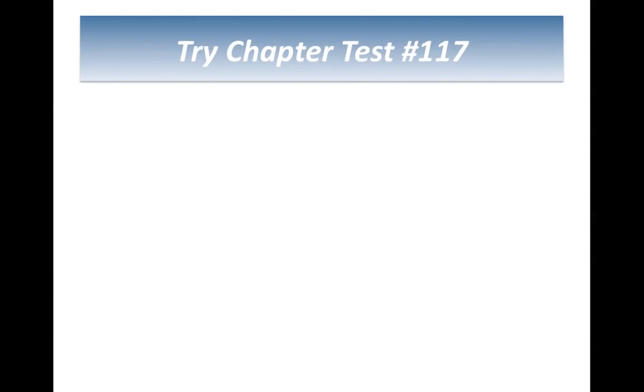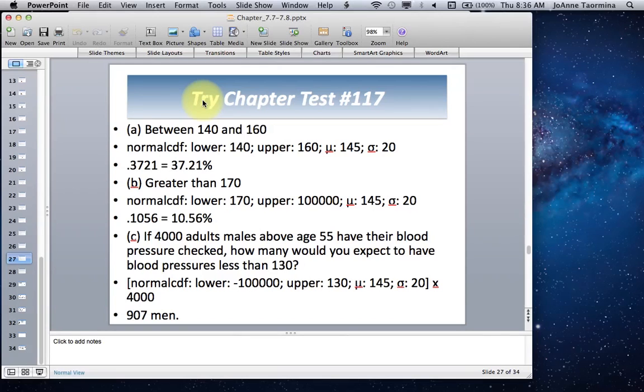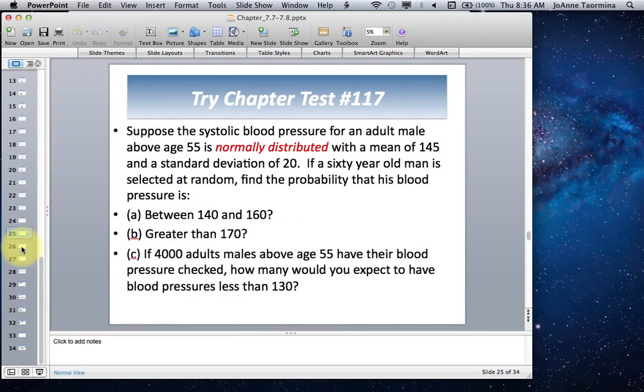Okay, so let's go over these questions. A blood pressure between 140 and 160, you're going to set the lower on your calculator's normal CDF to 140, the upper to 160, the mean is 145, and the standard deviation is 20. The question says again, find the probability. So that is a normal CDF question. So when you do parts A and B, you're finding probability, which is a normal CDF question. So you will use normal